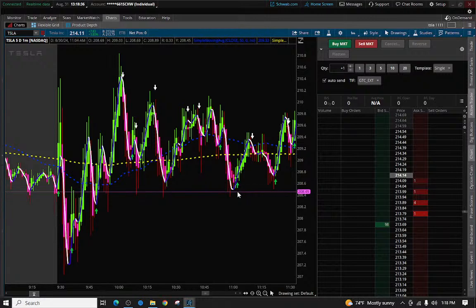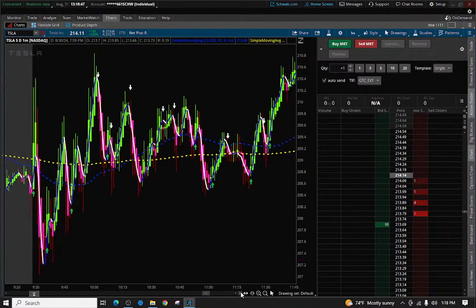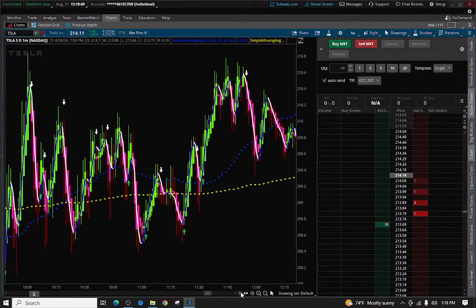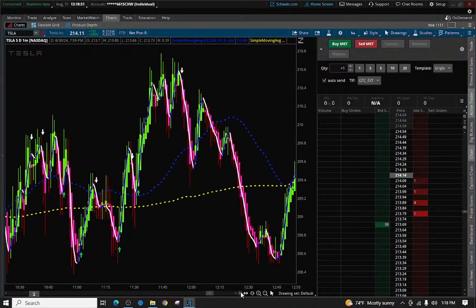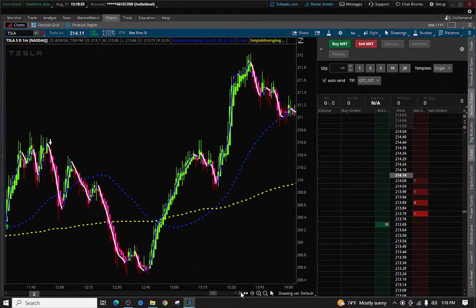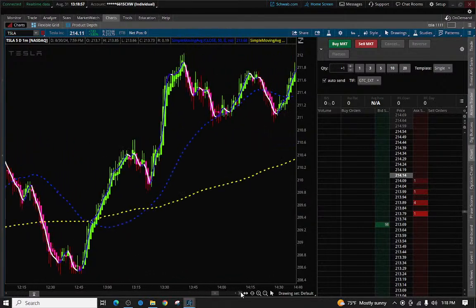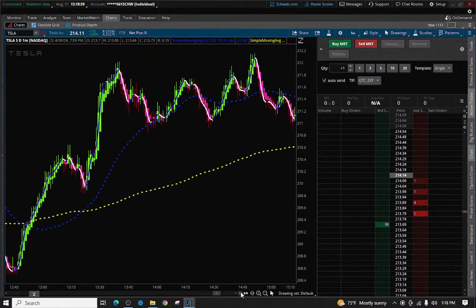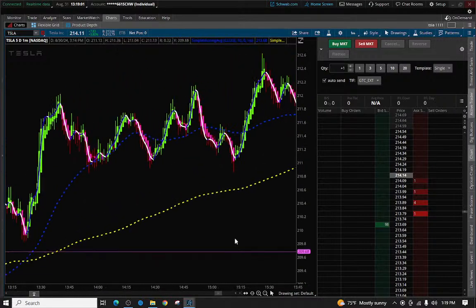Here, 208.50 to 209.50 area, it's running back and forth in a $1 range. You cannot make money doing that. It's just phenomenal. It looks like there were a few places where you could halfway do well, but here,